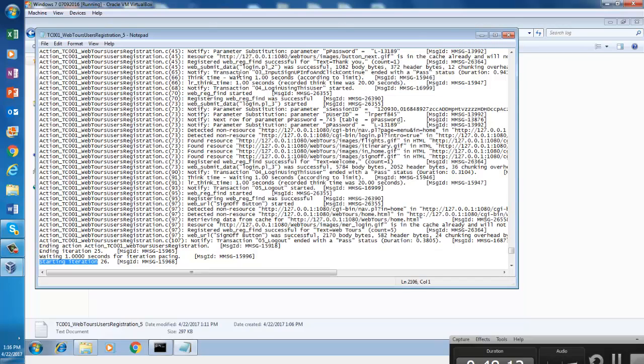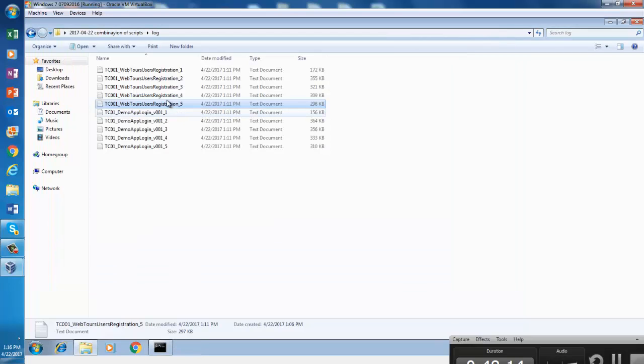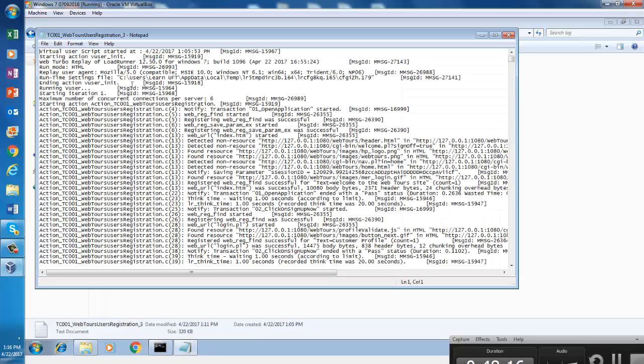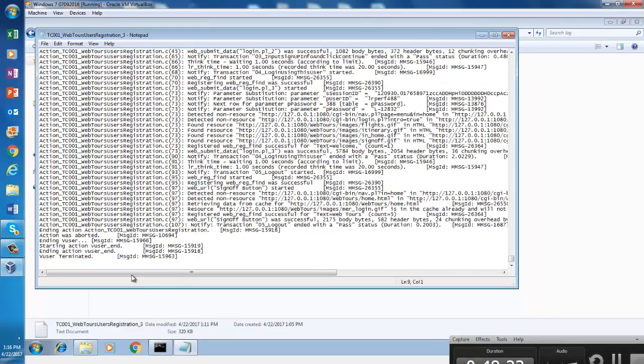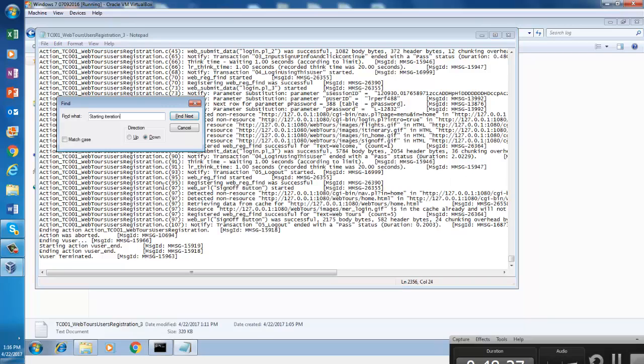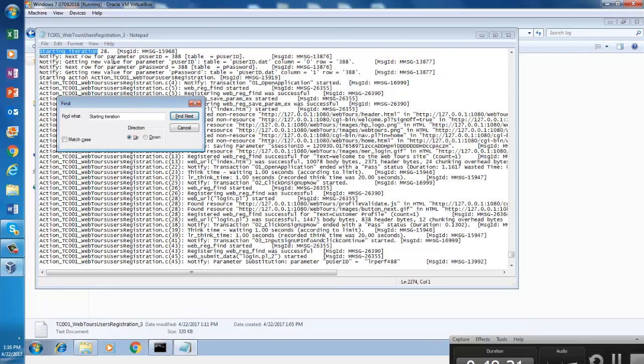So you can imagine 5 users. We have provided how many users for that script? 5 users. So if each of the users has executed 5 iterations, 132. Right? If you look at the end, let's see how many iterations this one was able to execute. It was able to execute 28, right? So it was not able to execute all of the 100 iterations. Does it make sense?